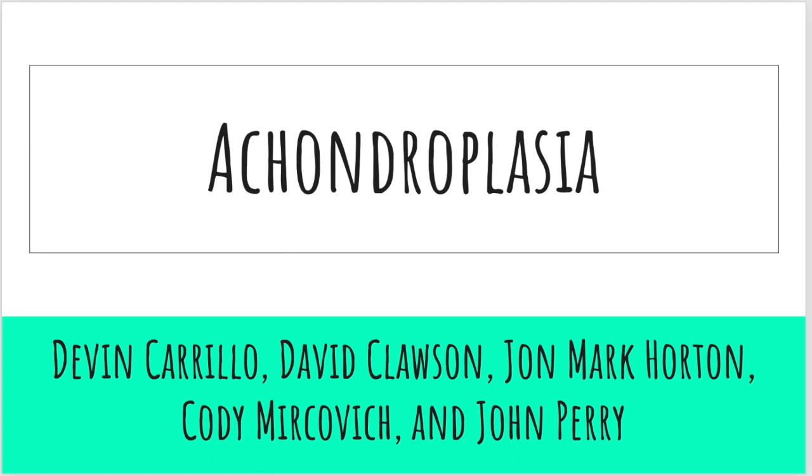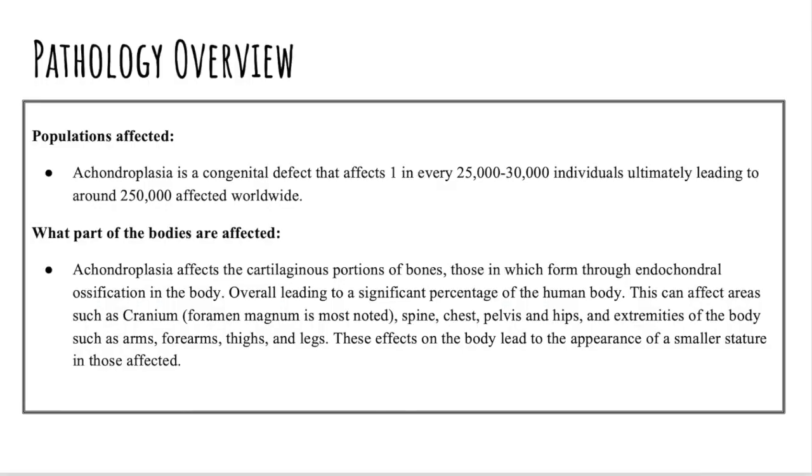So today we're going to be talking about achondroplasia. Achondroplasia is also known as dwarfism, which is a hereditary skeletal disorder characterized by failure of normal conversion of cartilage into bone that begins during fetal life. Achondroplasia is a congenital defect that affects 1 in every 25 to 30,000 individuals,